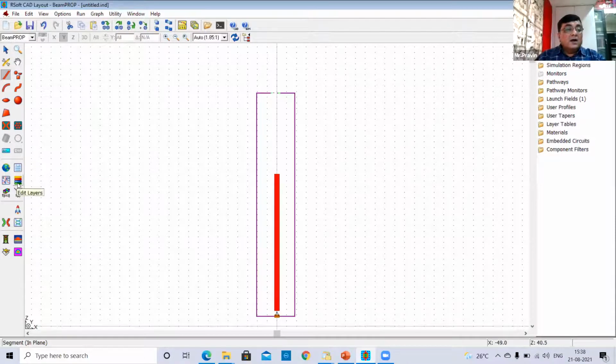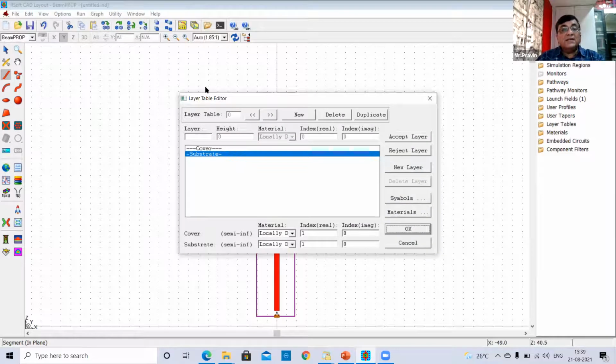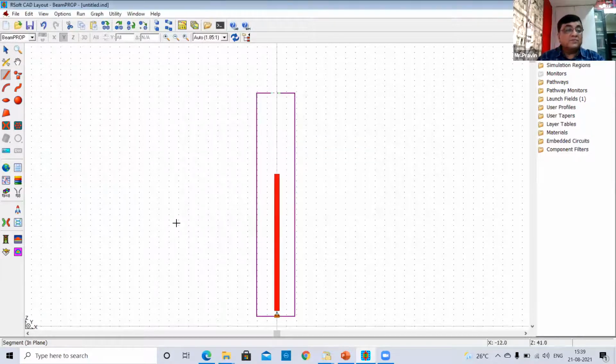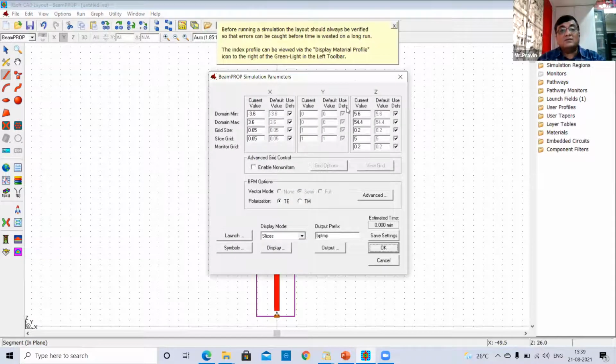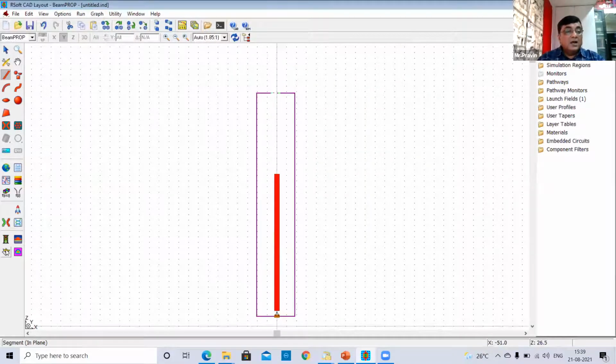Then this is for the multi-layer. If you are using a multi-layer structure, then this can define the various layers of the structure. This is for performing the simulation. Right now we are using the beam probe, and here you set what the simulation domain is, which mode you want to simulate, and so on.